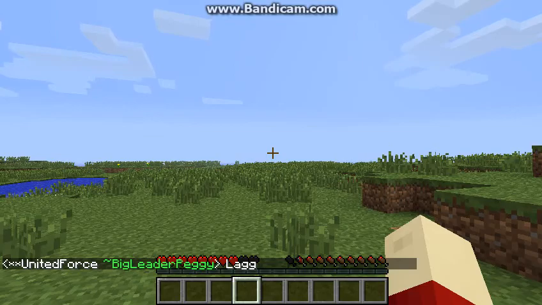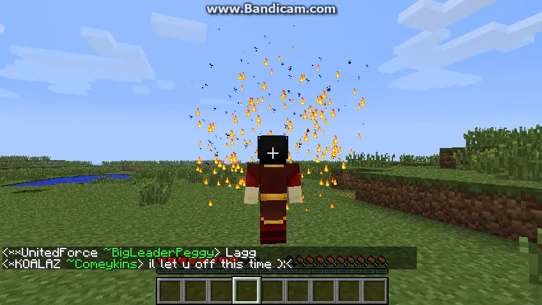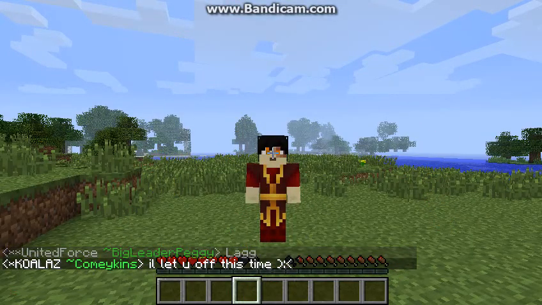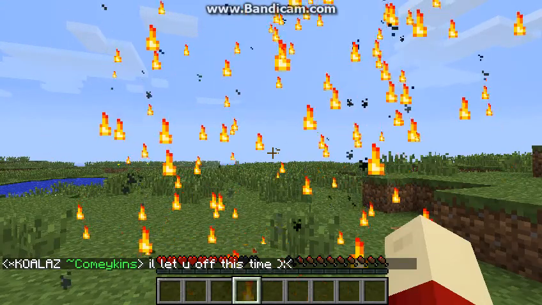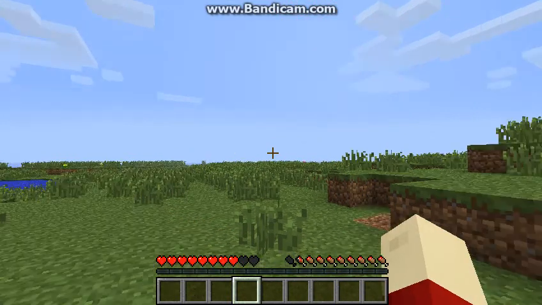Next, we have Fire Shield. With the slot selected, punch, and then you'll get the shield. Okay, yeah, that's not very good. But then you'll get the little wall. If you sneak with Fire Shield, however,